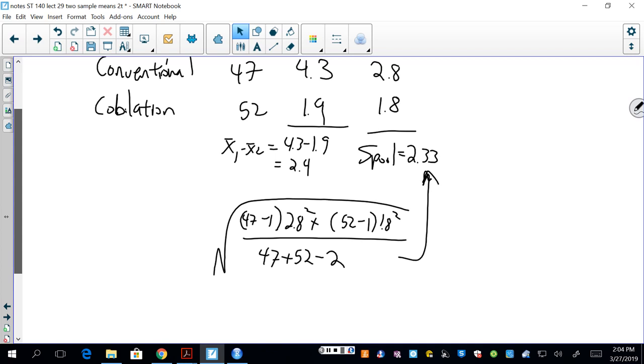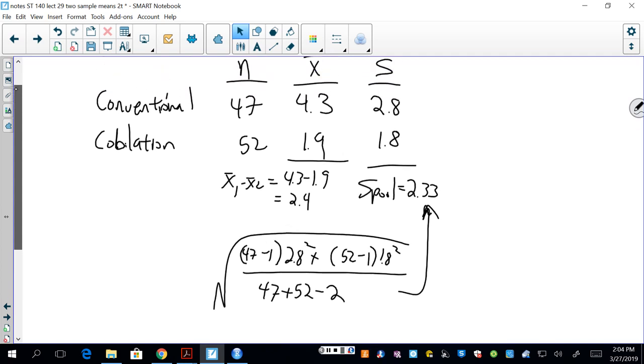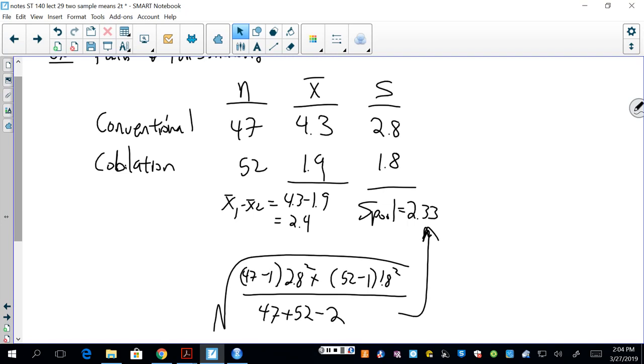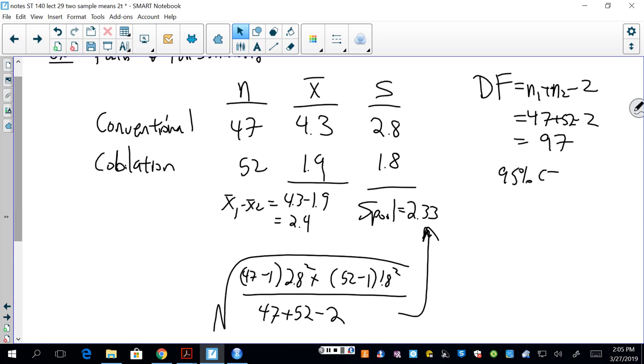Now we can either do a confidence interval or hypothesis test. Either way, we're going to want to think about degrees of freedom. n1 plus n2 minus 2. So 47 plus 52 minus 2 is 97. If we want to do a 95% confidence interval, or a level alpha 0.05 test,